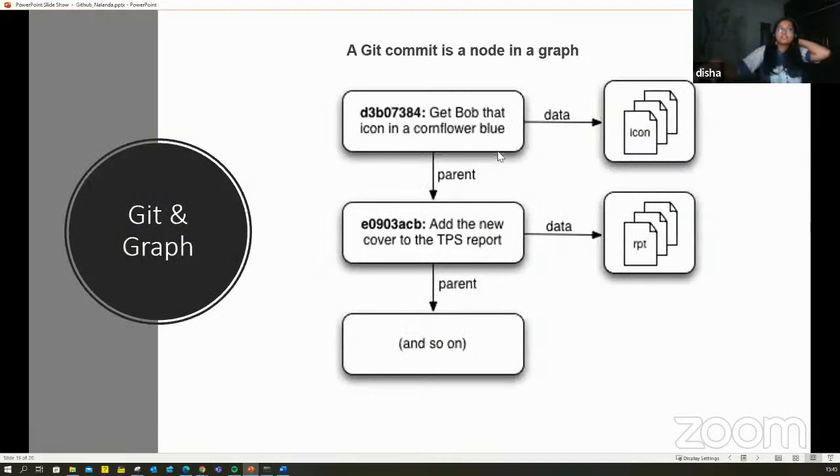So why was this digression into graph theory so big? As I told you, a version control system or Git looks a lot like a graph. Suppose I have some data files with me. With that, I started my default project.